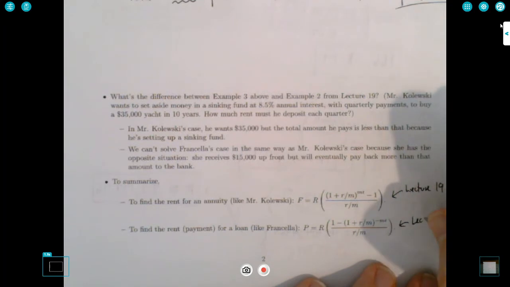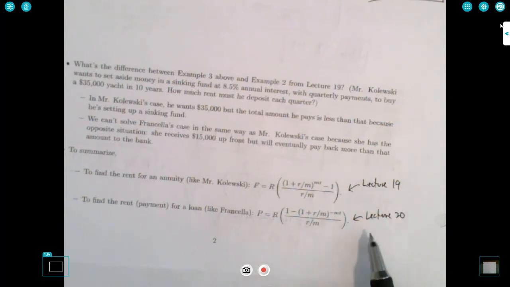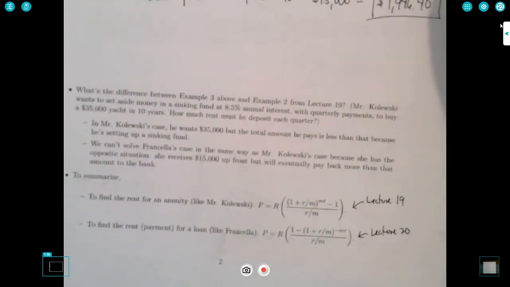And for Lecture 20, really what it boils down to is Lecture 19 was for if you're saving money, Lecture 20 is if you're paying off a loan. Okay, so saving money, paying off a loan. Okay,